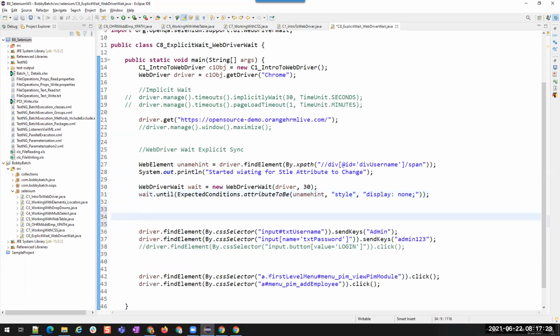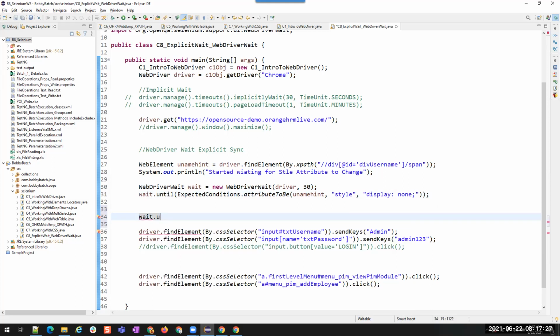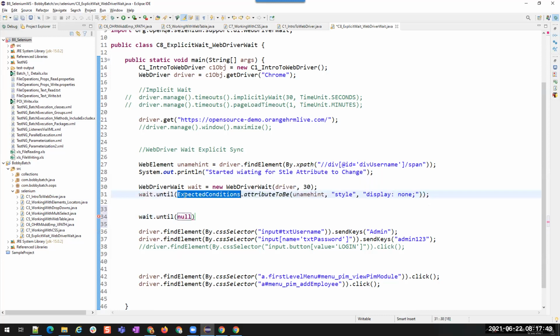For example, wait.until, and inside this, you see it is taking a function, but this function is already returned by expected conditions. So that is why it is not throwing any error. You see, this expected conditions is a function. But I don't want to use the default given by Selenium.